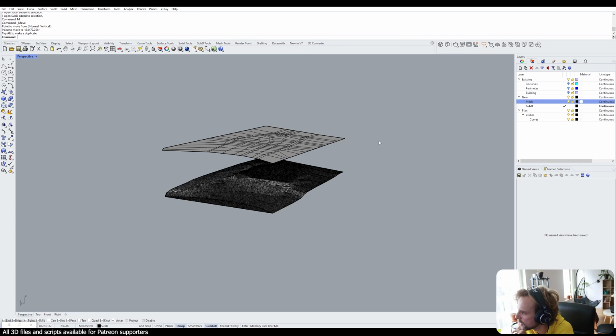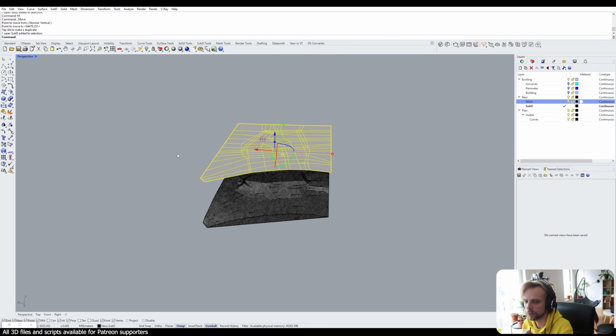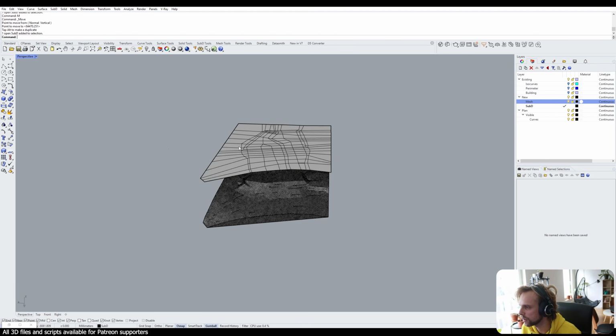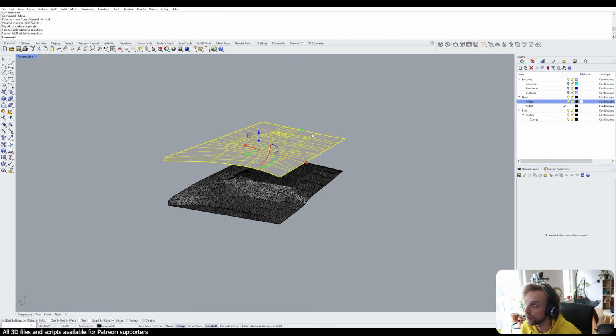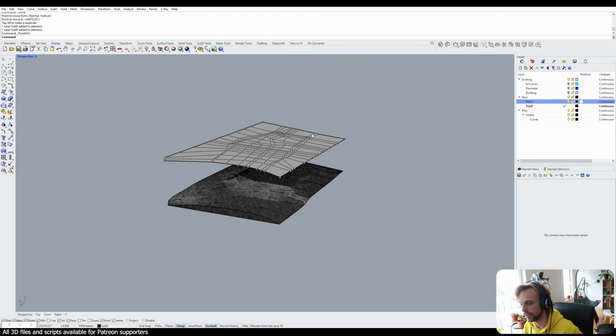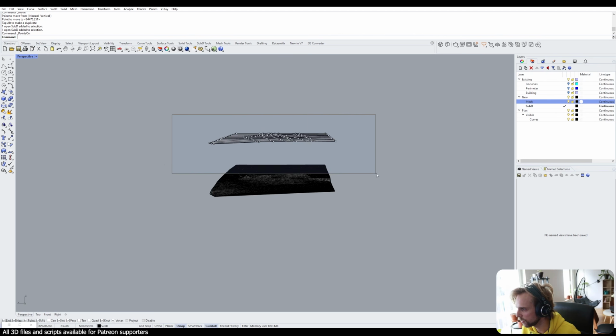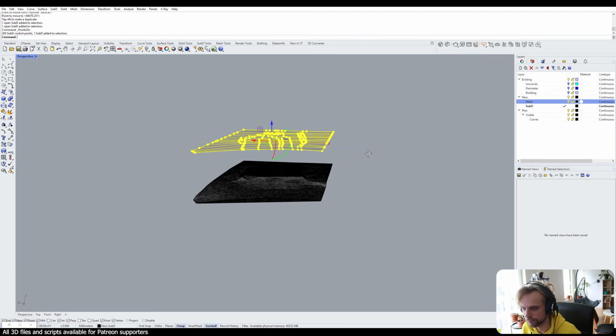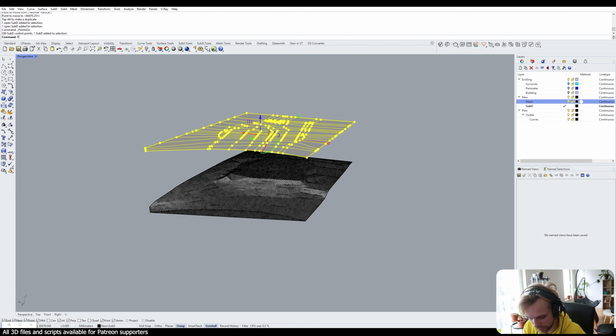All I care about is the mesh, because I will take this sub-D geometry. I'll hit F10, or you can type in points on. I'll select all of the points here, and I will project them onto,